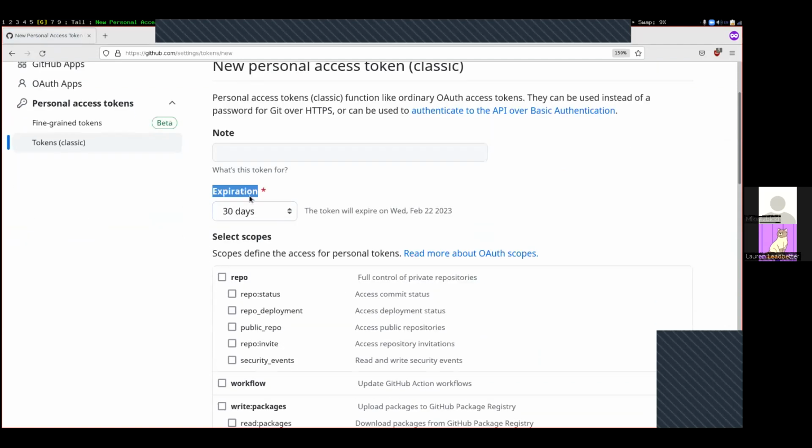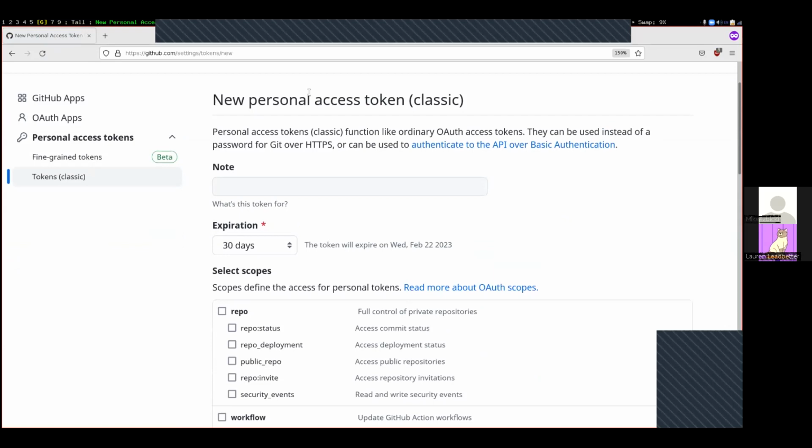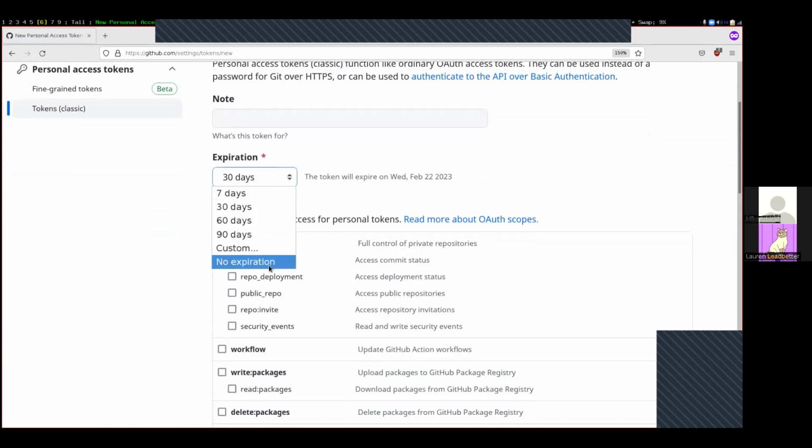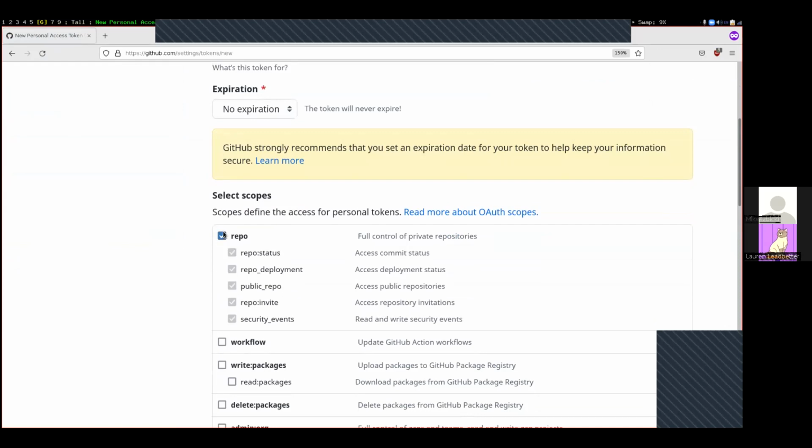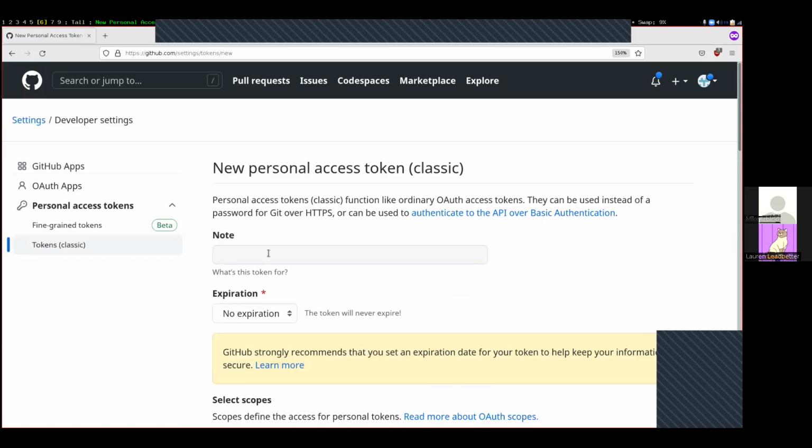Down here, you want to set the expiration. So this is the information about what you want your personal access token to do. You want to set the expiration for at least 90 days so that you have it for the whole semester. Easiest is no expiration. And you'll want to make sure that you have the repo and the workflow items ticked right here. You don't need to tick any of the other ones. The note up here, it doesn't matter what this says, but you can say something like created for